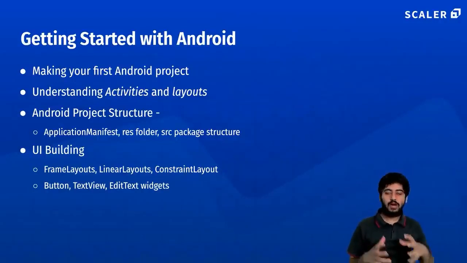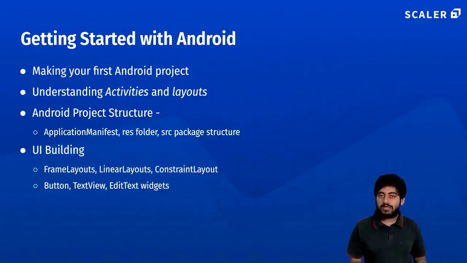So, and then how layouts work. So activities are basically windows. So every time an app is opened on your screen, that's an activity, right? Layouts are how the UI is created on your Android phones. So how do you place a button at some place? How do you center things? How do you make a scrollable list? Those kind of things are in the layouts.